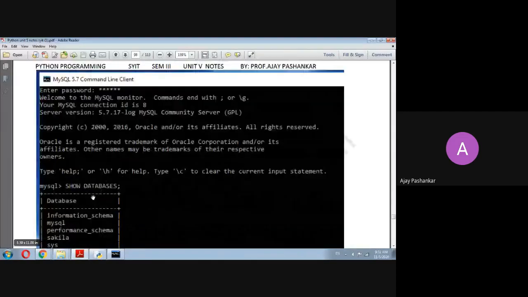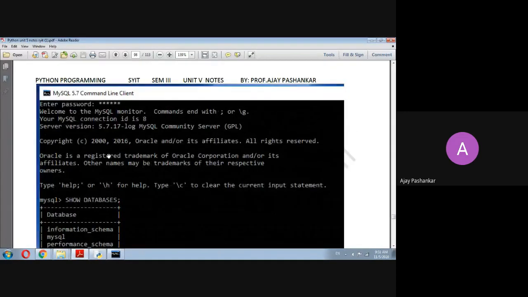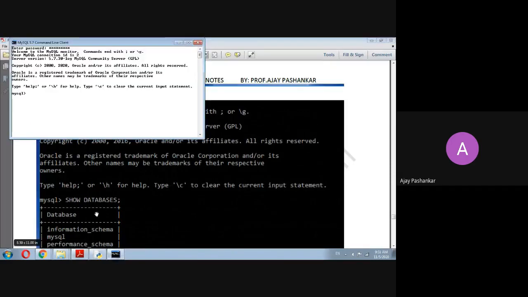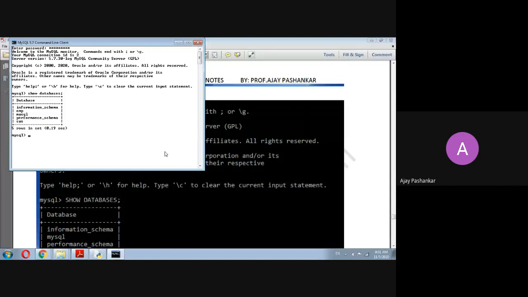Okay, so use this command line. So here in previous things I have used this MySQL. So I'm just identifying how many pre-inbuilt databases are there. Okay, any problem?